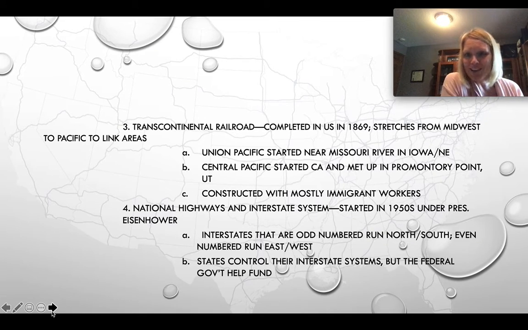We'll talk about that actually a little bit more in class when we look at cities and things as well. So, for instance, I think we talked about one day how the interstate speed limit in North Dakota is 75, but the interstate speed limit in South Dakota is 80. States get to control their interstate system. They have to maintain it. However, they get a lot of help and subsidy funds from the federal government.